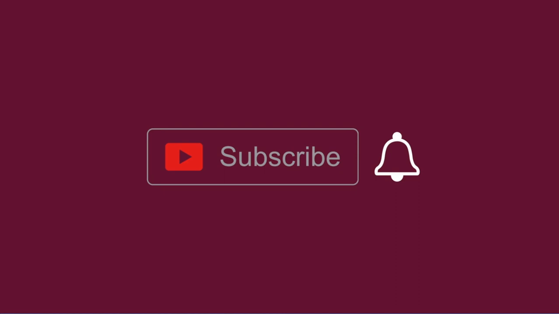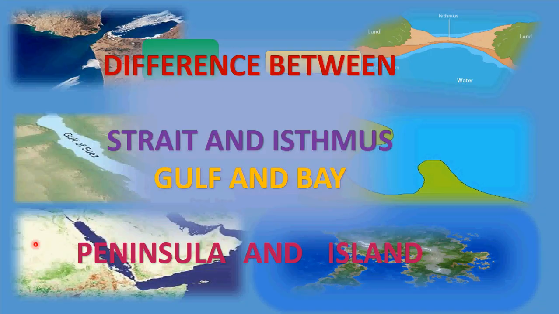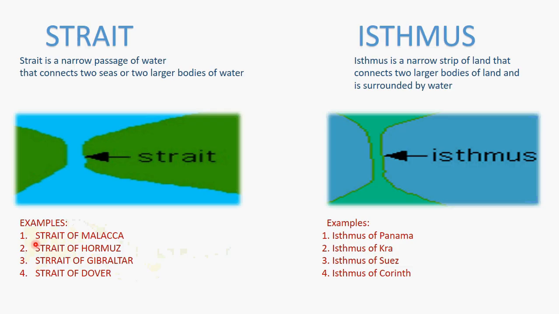Viewers, today we will know the difference between Strait and Isthmus, Gulf and Bay, Peninsula and Island. Let's start. Here is the Strait and Isthmus. As we know, a strait is a narrow passage of water that connects two seas or two larger bodies of water. On the other hand, an isthmus is a narrow strip of land that connects two larger bodies of land and is